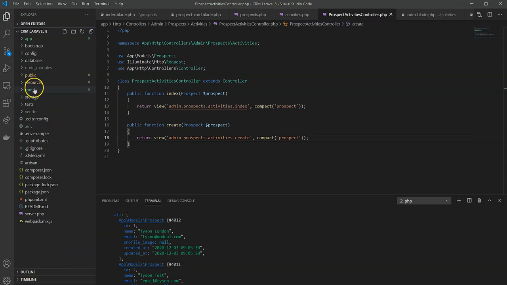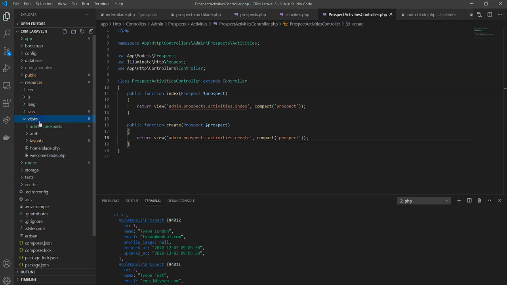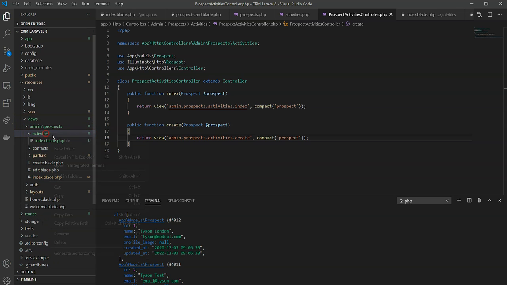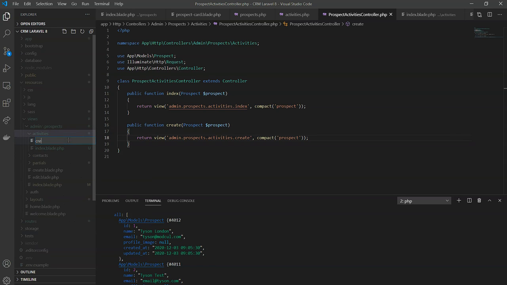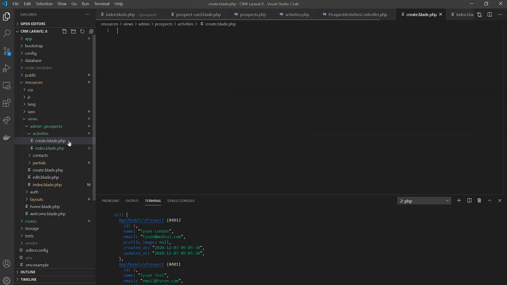So let's go down to resources, views, admin prospects, activities, and then we'll go ahead and create create.blade.php. Okay. So this isn't going to look overly pretty to start with, but it will be functional. Layouts.app,